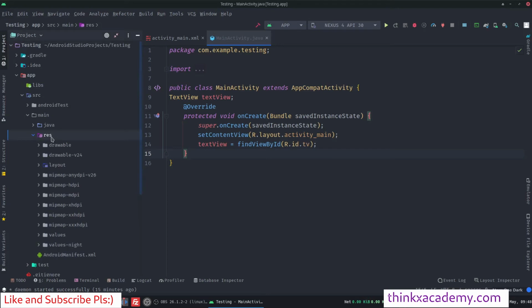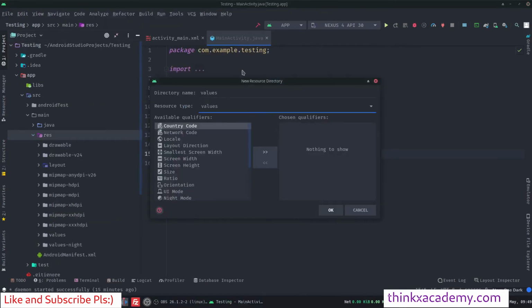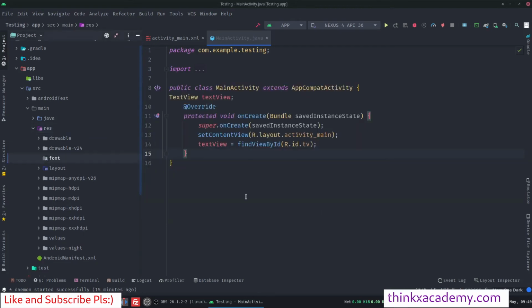First of all, in the res folder, I'm going to click on new, and here I'm going to create an Android resource directory, and I'm going to name this directory font, right? So make sure that the name of the directory is font only. Do not change it to any other variable. Make sure it is only font. And in here you can see resource type. In resource type, you can see there are a lot of options. So scroll up and you can see there is an option font on a 5th, 6th number. So I will quickly select that and I will press OK.